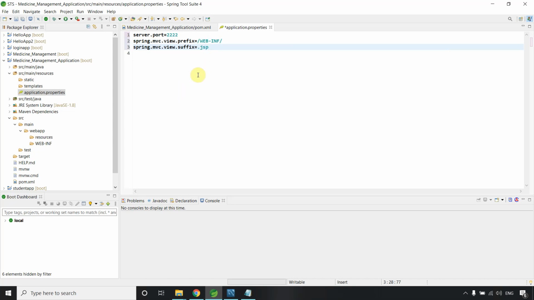Why? Because I want to keep all the JSP files inside WEB-INF, and when I am creating all the JSP files, they have the extension .jsp.